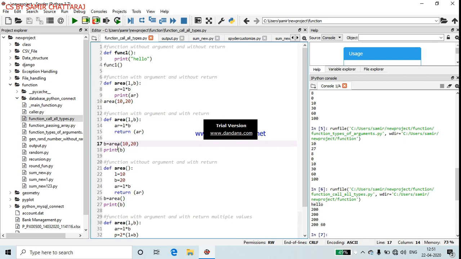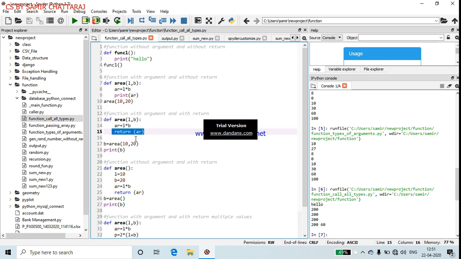As we are calling area 10 20, 10 will go to L and 20 will go to B. So 10 into 20, the area will be computed, return AR. That means whatever the result is, it will be returned through this statement.